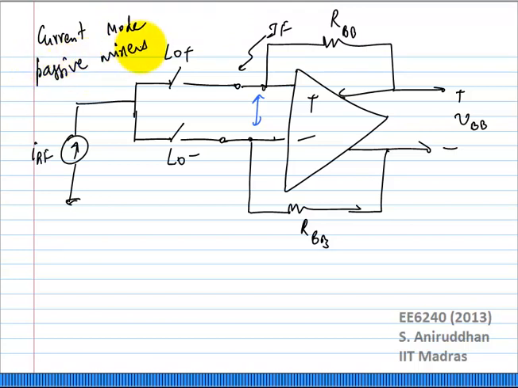Now, if you have an input which has both in phase and quadrature components, so it's a complex signal, you will not only need to multiply it with LO, you will also need to multiply it with the quadrature phase of the LO to actually extract out the baseband quadrature. So if I call this LOI,